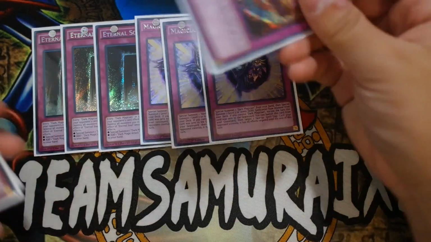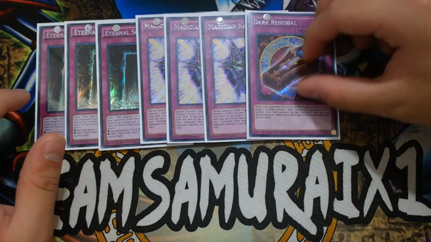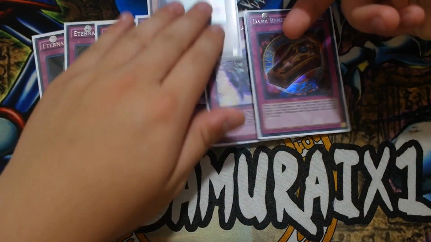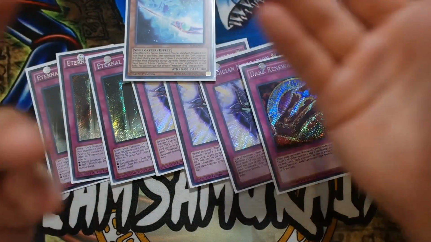Really good. Magician's Navigation is amazing. Next, you want to play, of course, 1 Dark Renewal. I like to play 1 copy of this card because it's very situational sometimes, but it actually comes in handy. If you control a rod, so let's say you open up a rod, and you open up Dark Renewal, you just normal summon this, search out your Circle or things like that, or search out your Eternal Soul,